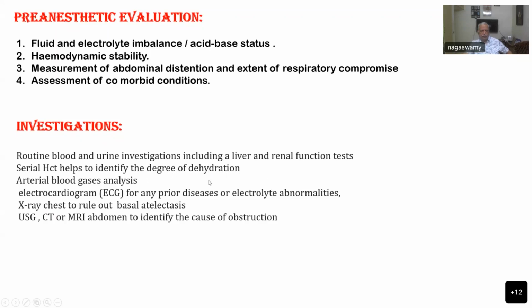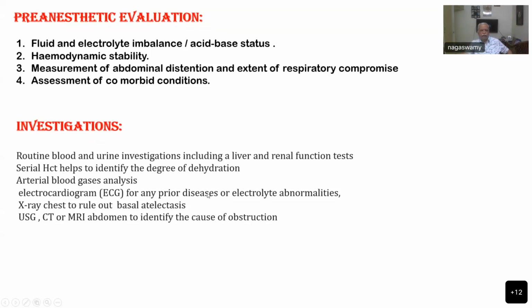But once you start correcting the dehydration, it will come back to normal. So it is a very simple, easy method to assess your success of the hydration by measuring the serial hematocrit and hemoglobin. Arterial blood gas analysis, ECG, especially with the long-standing diabetes and hypertension, both you can find